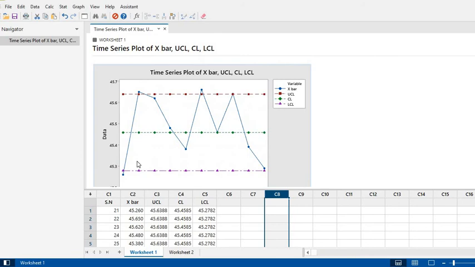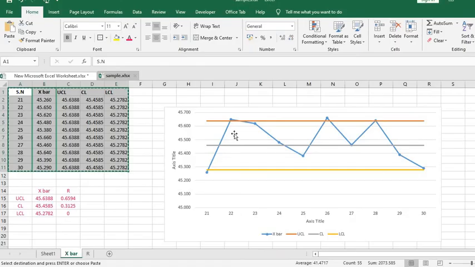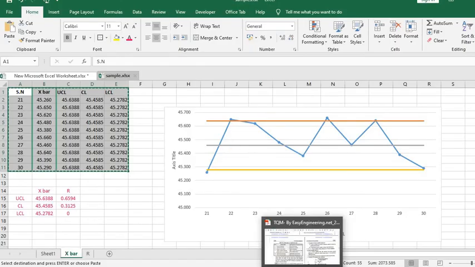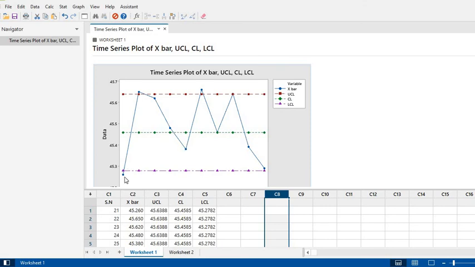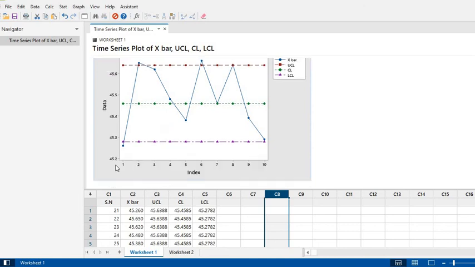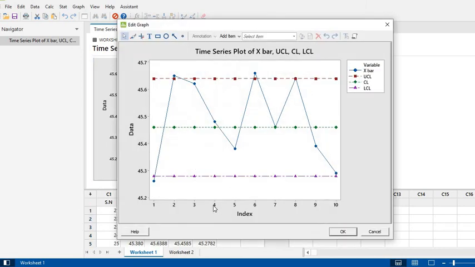We can see this is the same graph as in Excel, but in Minitab it is clearly visible which points are out of control. Here it is not showing samples 21 to 30, so we will change this.